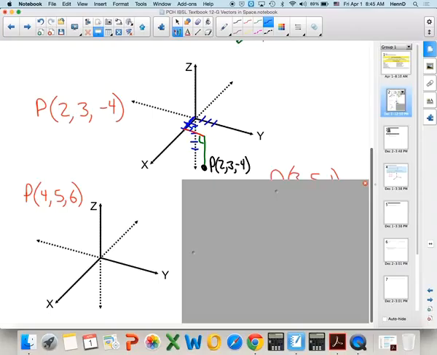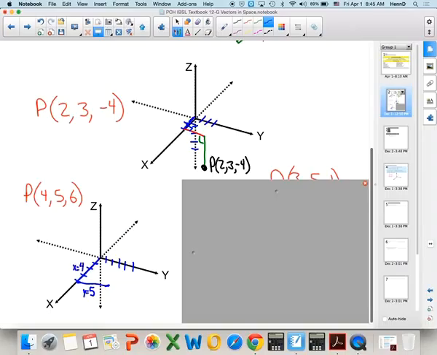Alright, so first of all, I'm going to come 4 units out on my x-axis. Okay? So there's 4. And then on the y-axis, going a positive 5. 1, 2, 3, 4, 5. So I'm going to measure that distance. Oh, that's convenient. And I'm going to go from where I left off on the x, and that's going to put me right about here. Okay? So here's 5 units on the y. Here's 4 units